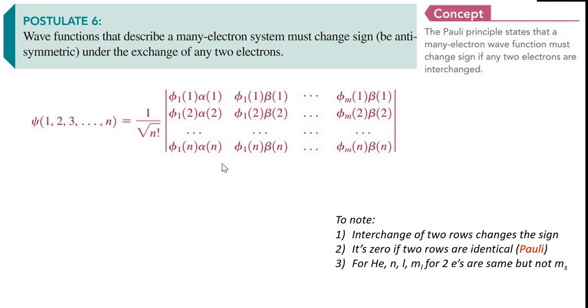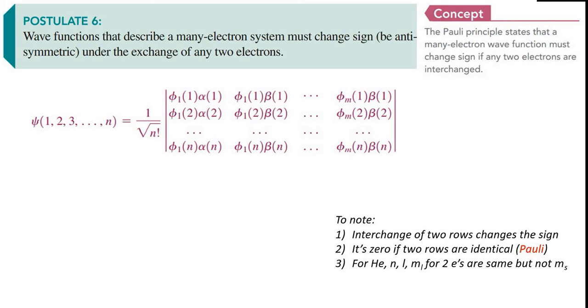Now, why this special type of representation of a wave function? It looks like a determinant, and it is. It in no way looks like a wave function, but actually it is. How? First of all, let us understand how this is antisymmetric. As a determinant property, if you exchange any two rows, what would be the result? Do you know? If you take any determinant and exchange two rows, what will be the resultant determinant?